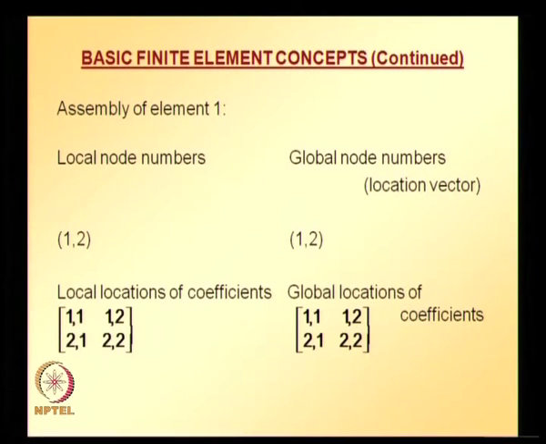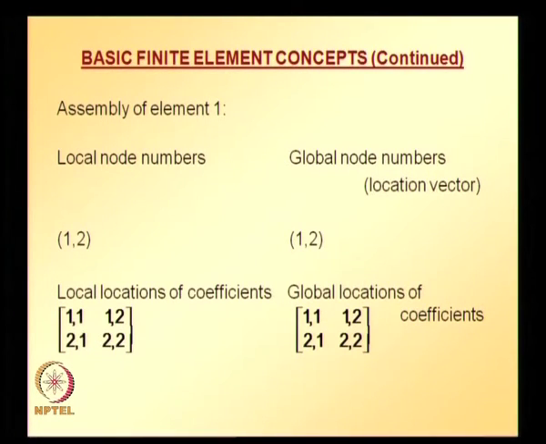Local node numbers 1 and 2 correspond to global node numbers 1 and 2. So, local locations of coefficients and global locations of coefficients are related in this manner. Whatever you have locally for element 1, whichever is at the 1 1 location goes into the global equation system at 1 1, whichever is at 1 2 goes into 1 2, and similarly the rest. Okay. So, now let us look at element assembly for element 2,